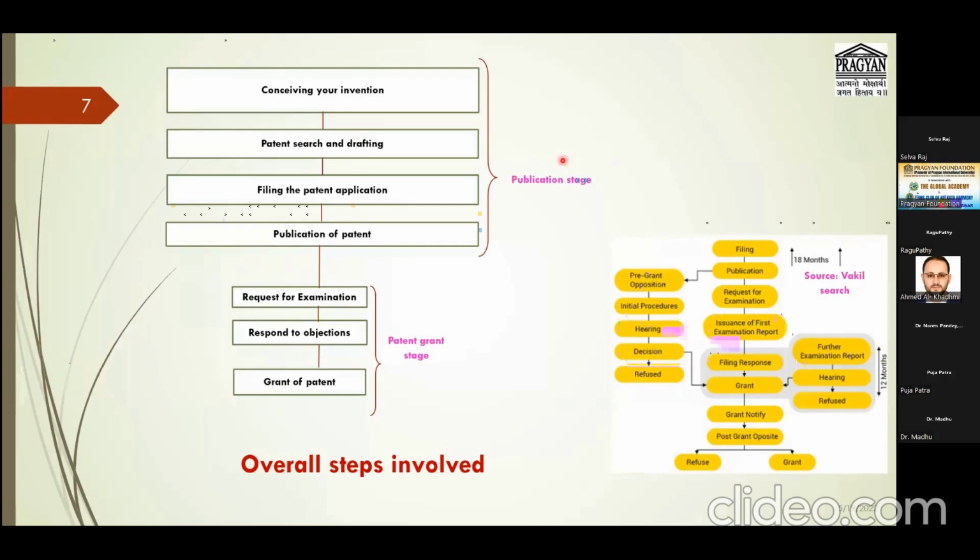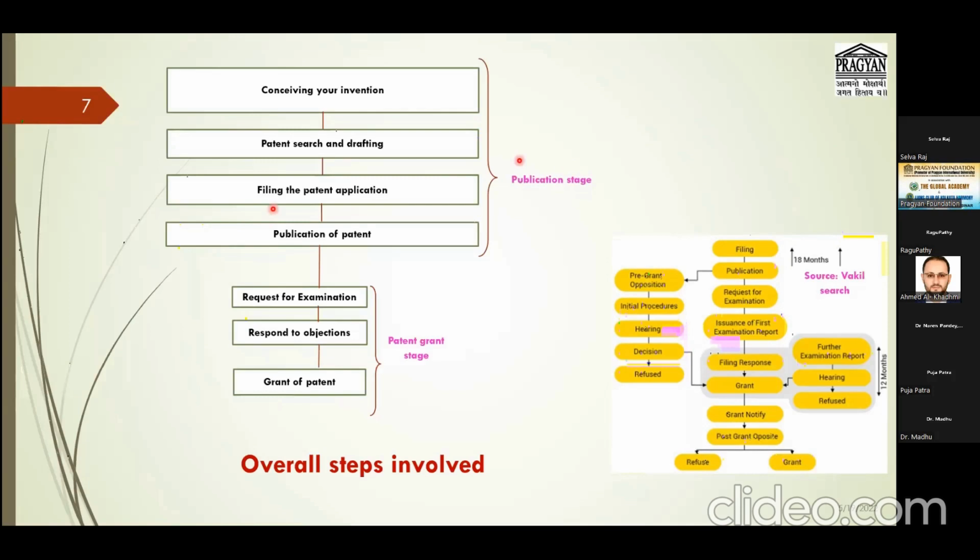But only one thing you have to do. Once something happens in your mind, immediately put it into a document, because we do not know when we are thinking like that, when we are finding something. You make some time to think about something. Once you find something, you can convert it into a document. That is very important. Once you keep it in a document, you can go for the patent aspect. So don't bother about whether it will be patentable or not. First, try to think on a particular theory, method, or process.